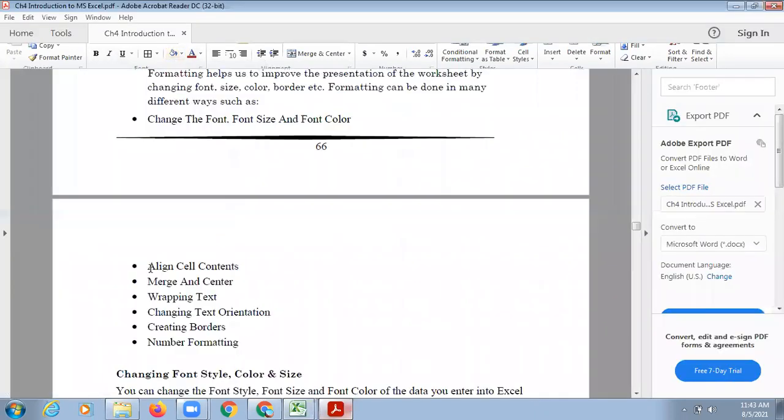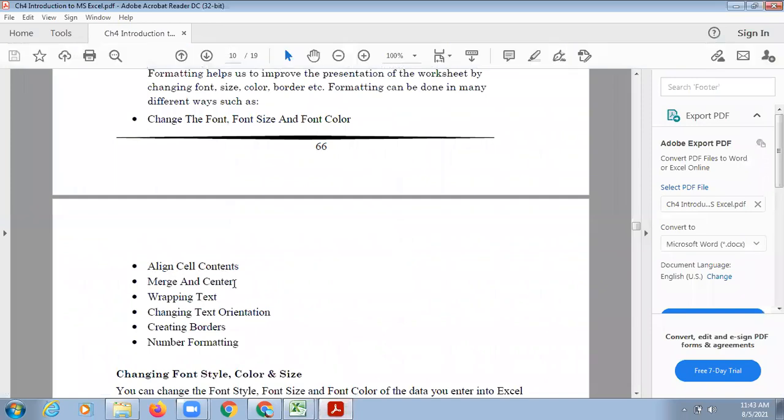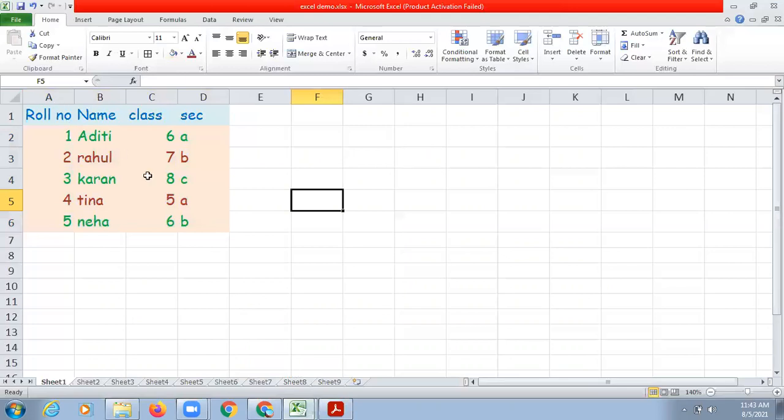Next, after colors, is align cell content. Align cell content means I wanted to change the alignment of the cell. Alignment could be मतलब आपका जो text है, where you have placed your text. You have placed your text on the left hand side of the cell or right hand side of the cell or in the center. This is called as alignment.